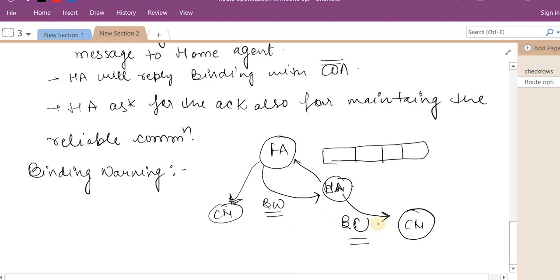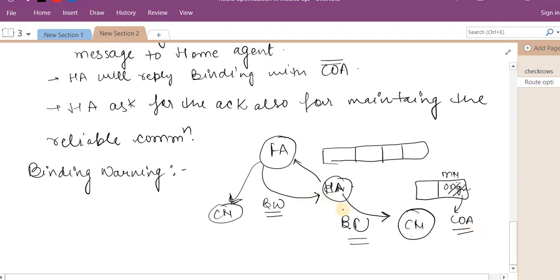It tells the correspondent node that kindly update your cache with the new care of address of the mobile node. Kindly do not use the mobile node's original IP address. I will not do the encapsulation again and again. So kindly replace the original IP address with the care of address for the next time communication.